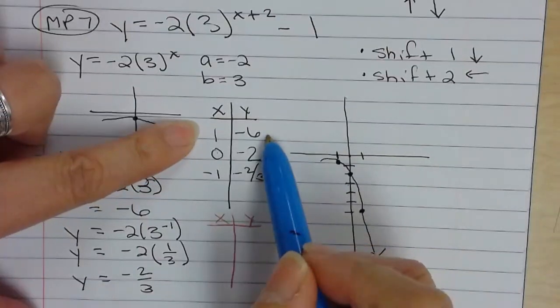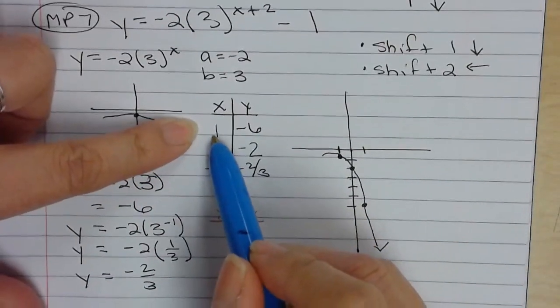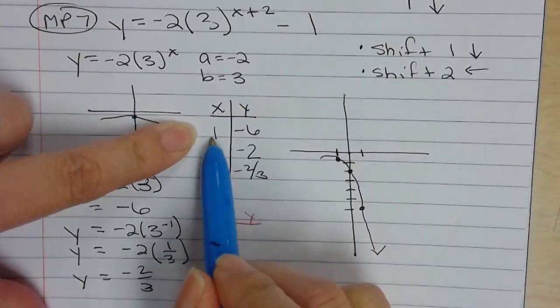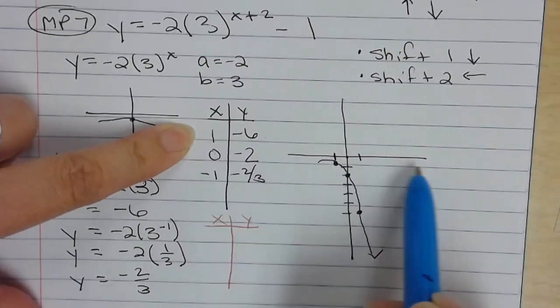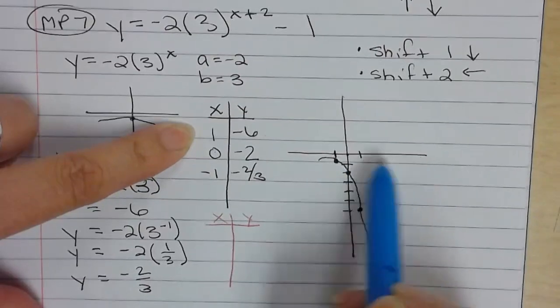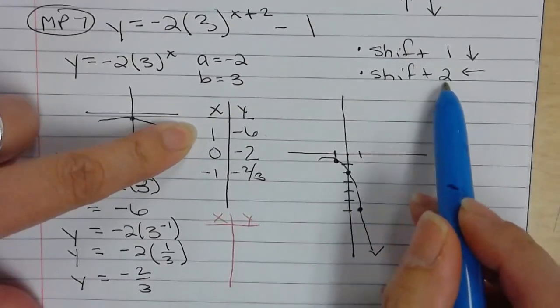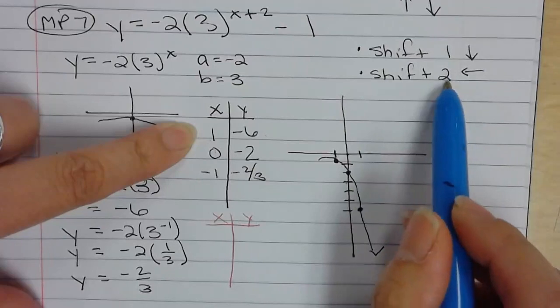Let's start here. Okay, x. Is x left or right, up or down? The x-axis. It's always left and right, right? Okay, so look, left and right. I have to shift this